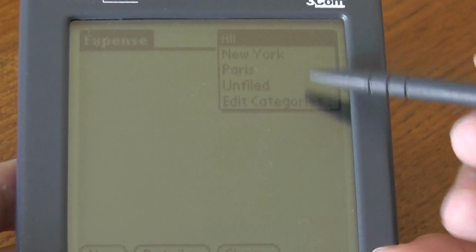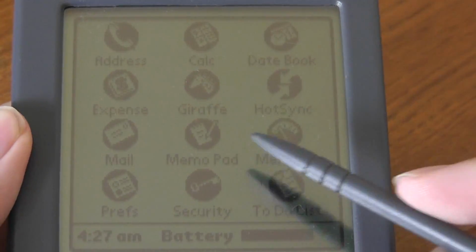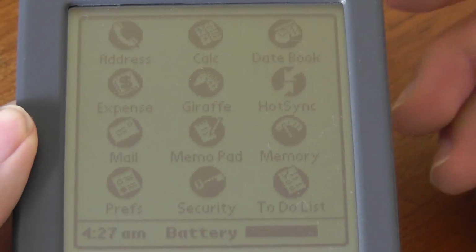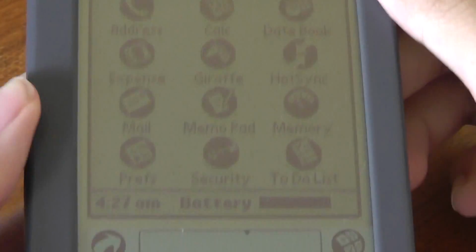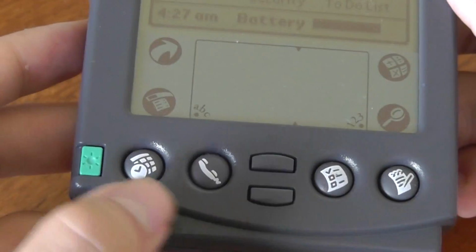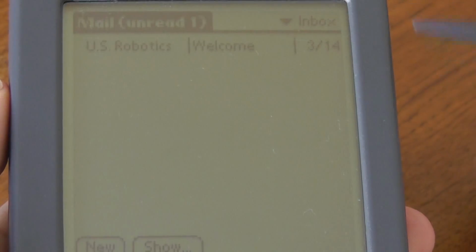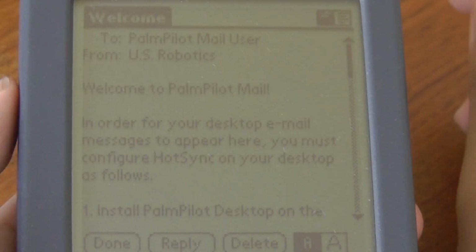So for instance, I can make it under a certain city or add my own categories and then of course enter the number. Going back home again, there is the HotSync function, so that is the syncing with the computer. When you dock it into its proprietary little connector, you would tap on the key once to start the syncing process. There's also, again, the mail, which requires syncing for you to access your latest mail, but here's a sample